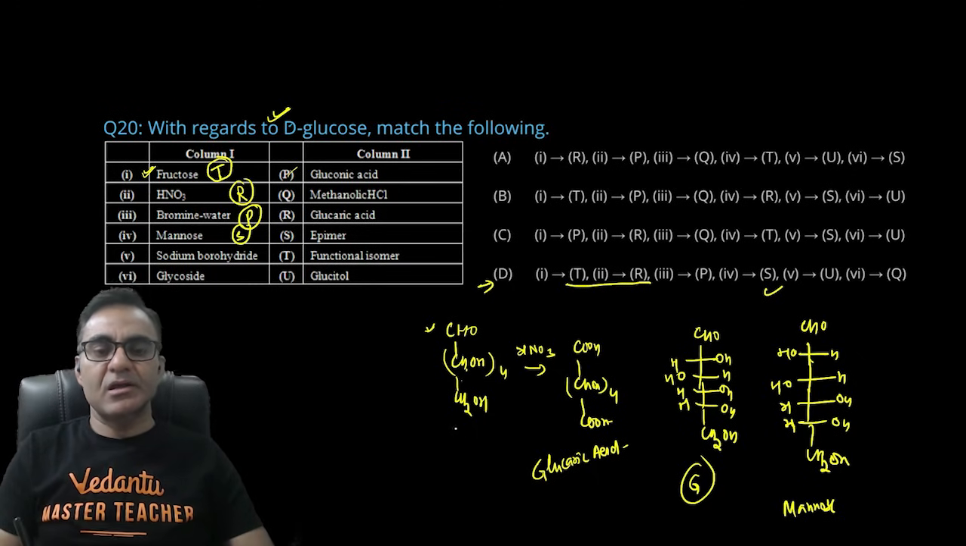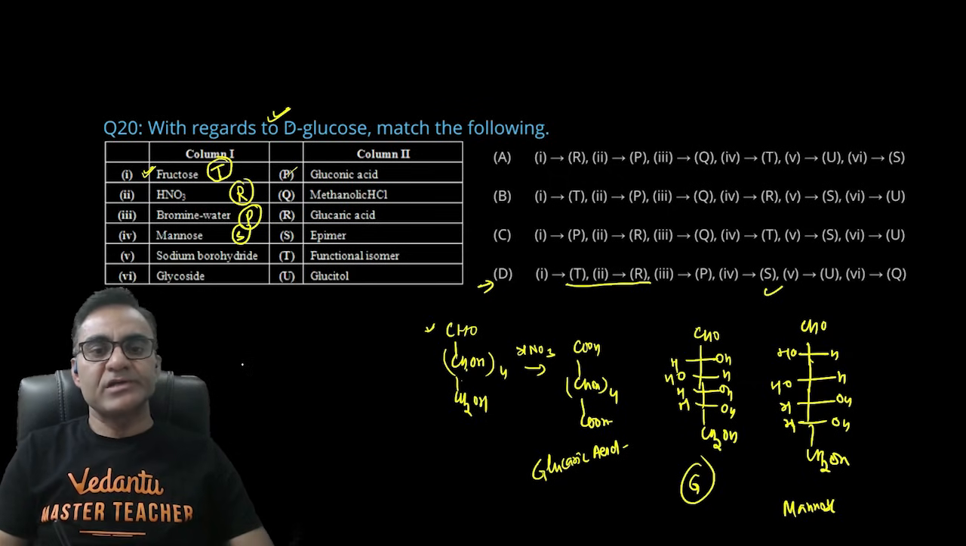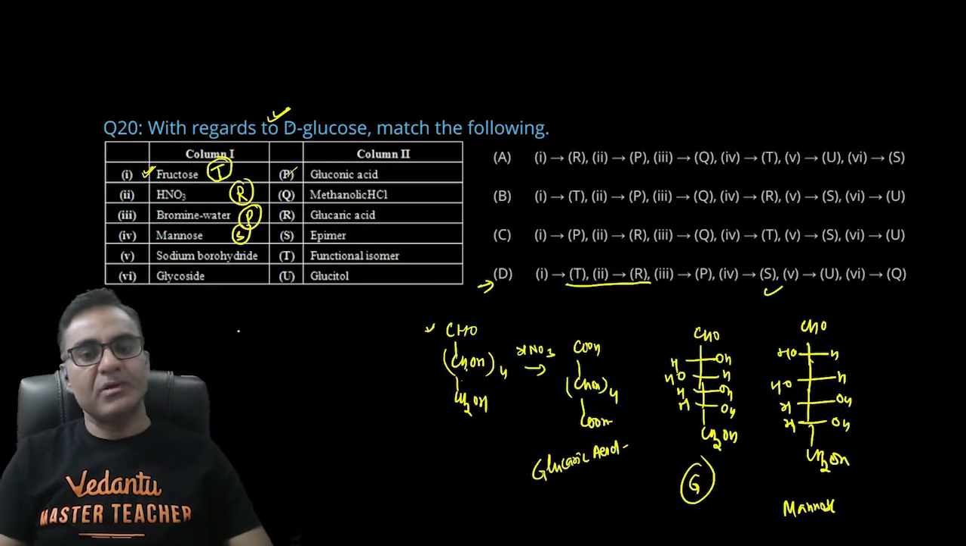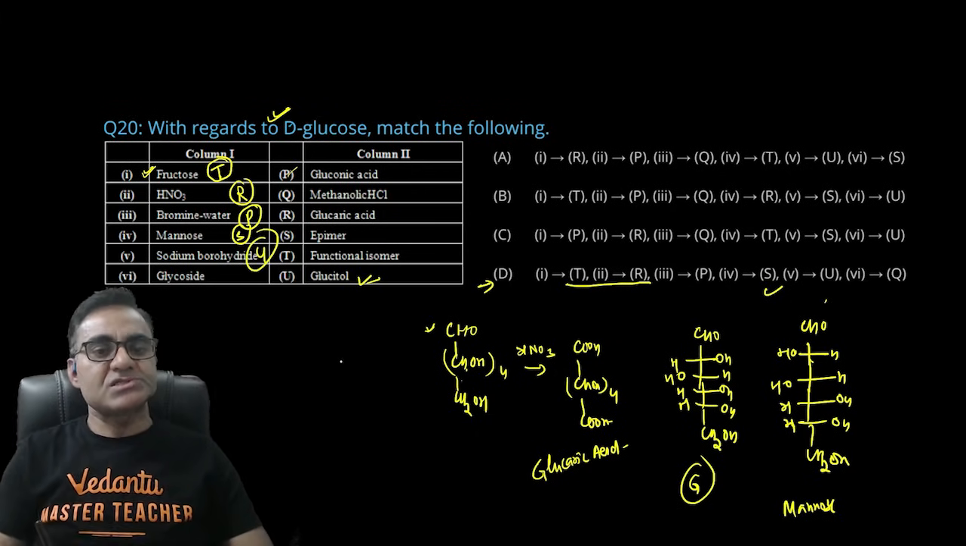सोडियम बोरोहाइड्रेट एक्चुअली ये जो सारे आपके CHO ग्रुप है ना, एल्डिहाइड या कीटोन को अल्कोहल में रिड्यूस करता है। तो सोडियम बोरोहाइड्राइड से बेसिकली सारे जो कार्बन है वहां पे OH आ जाएगा, तो इट विल बी ग्लूसिटॉल एक्चुअली, तो इसके लिए U मैच होना चाहिए, मैच हो रहा है।